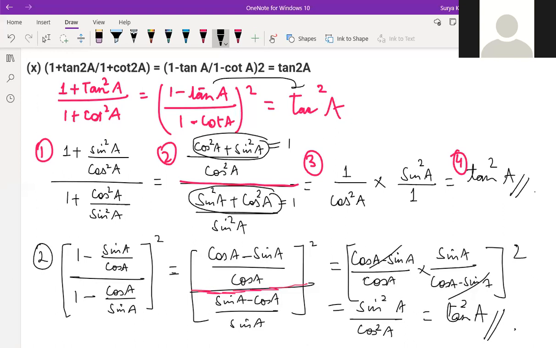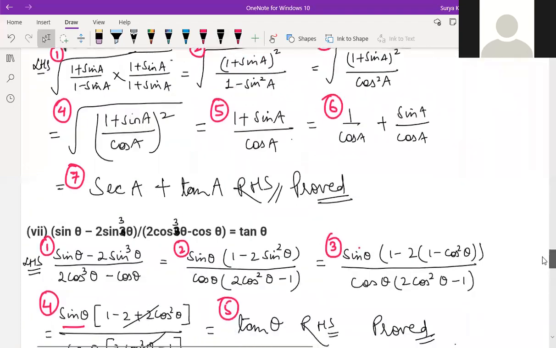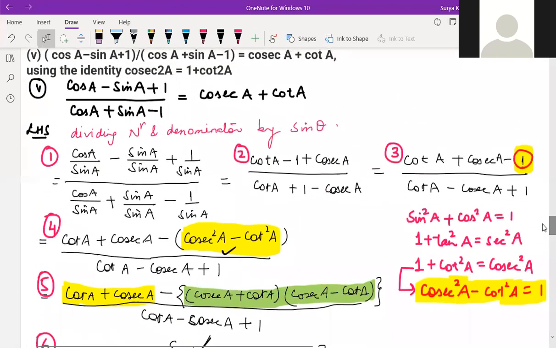So till here, if you want to ask any doubts in this trigonometry part, first chapter, introduction to trigonometry, you can ask. See, from the starting, I was briefing you once again. This is the sum where you have to think. This is the most important sum among this whole exercise.